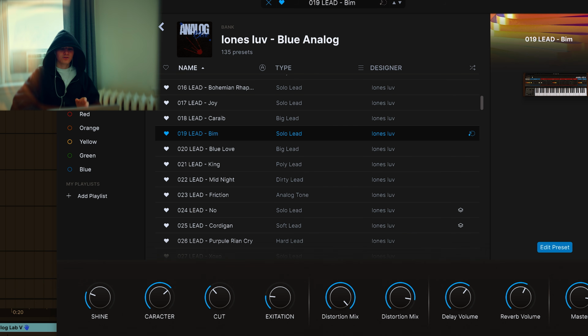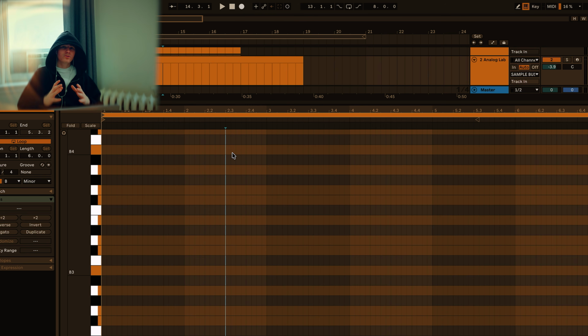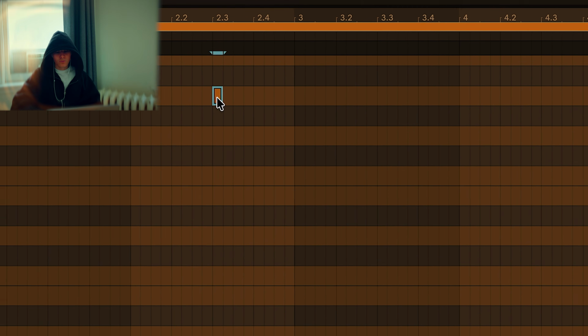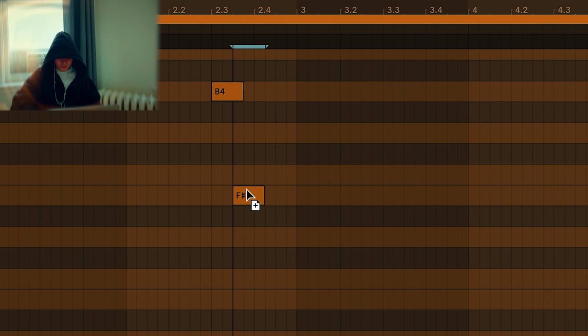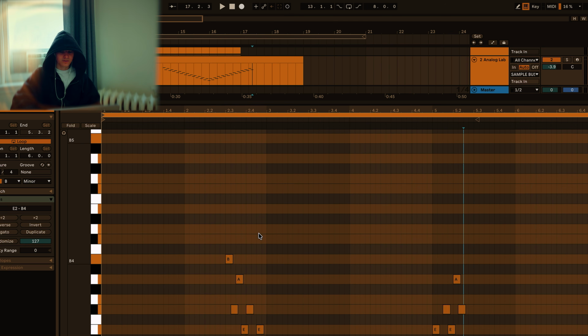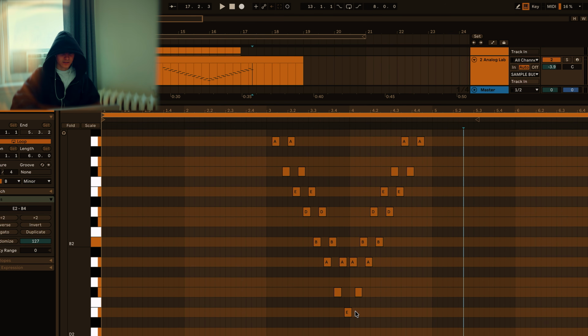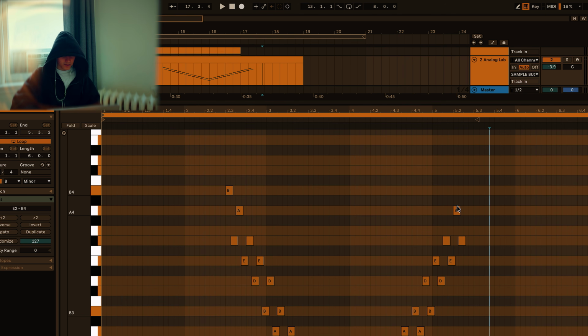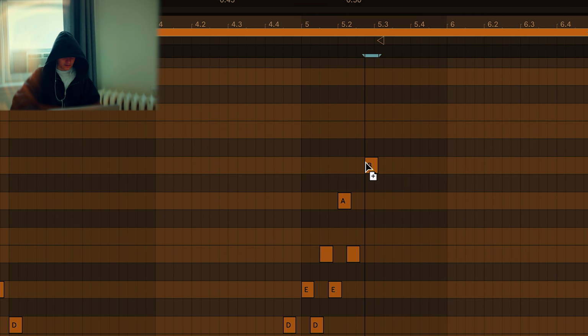So this is the sound that I'm gonna use for the second lead. Another trick I love to do with some leads is take 1 note randomly in the scale and just go down, go up, go down, go up, and repeat the process. Okay, so I skipped this part, but basically it's the same process. Just go down, go up, and maybe at the end, if you want, you can add some long notes